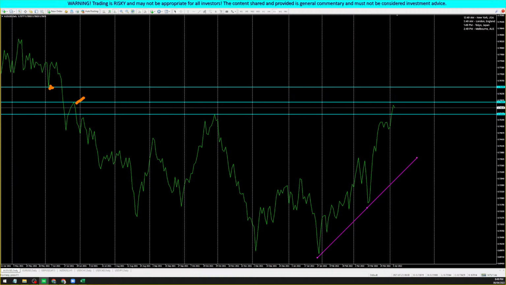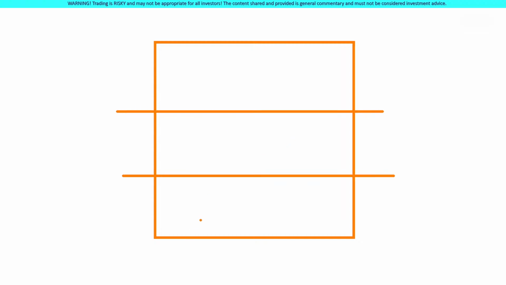So ibig sabihin, I could love to consider these levels right here, pero hindi pa siya relevant to my situation now. Ibig sabihin, kailangan niya pang i-break yung dalawang level na yan before I can, yeah, consider the ones here. Imagine this support and resistance is like, what you call this, your ceilings and floors sa building ng bahay nyo, right? If I can have a white screen here. Imagine this is your house, diba? So, imagine this is you're standing here, right? And this is equivalent to the market's price now, okay?